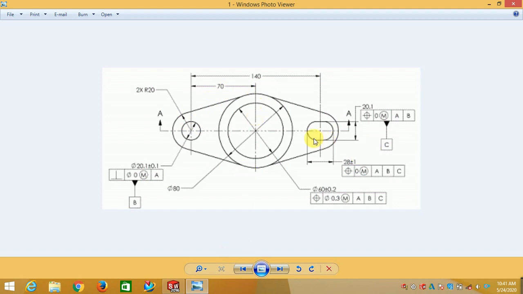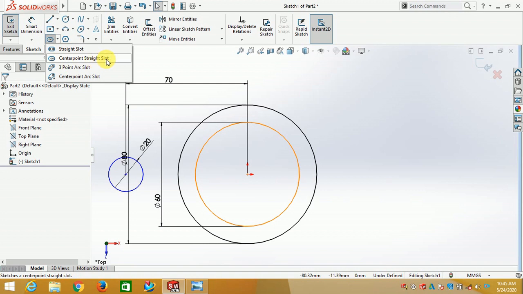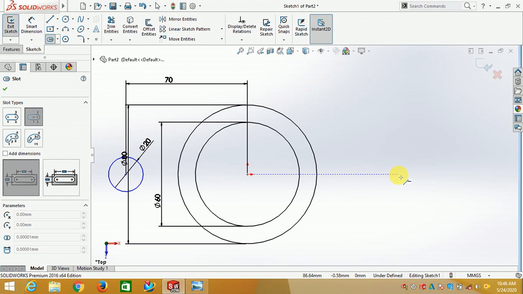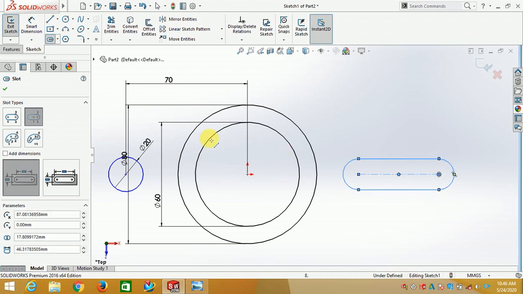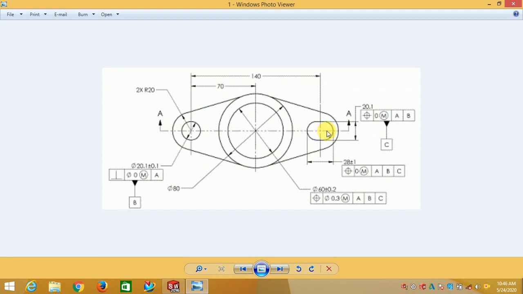Now here is the slot. We'll draw this slot with the help of the command, Center Point Straight Slot. Take this command and come to the center line, click on the line and the center line, this distance. So give the proper dimensions. From here to here it is 28, and the diameter of the semicircle is 20, the curvature.